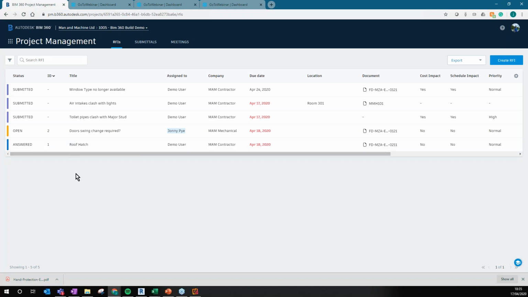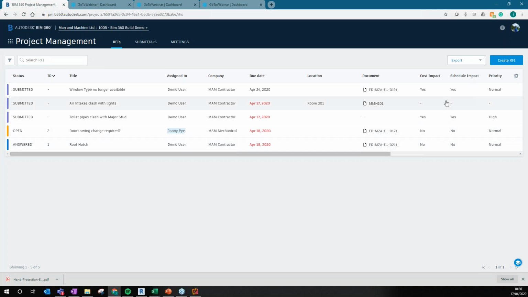There's actually been a lot of updates recently to RFIs and submittals to make them easier to use. But essentially, they do what they say on the tin. Submittals is perhaps a slightly American term, but we'll go through what it does, and hopefully you'll be able to apply it to however the terminology is described in the UK. So in terms of RFIs,